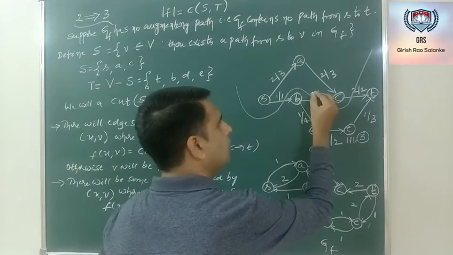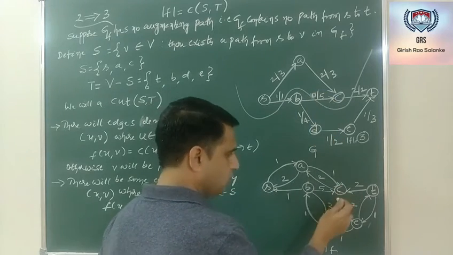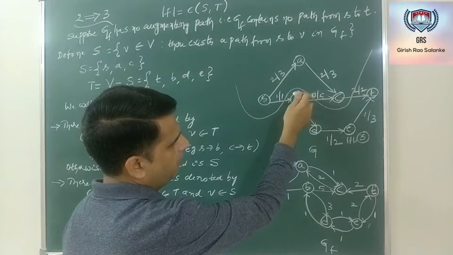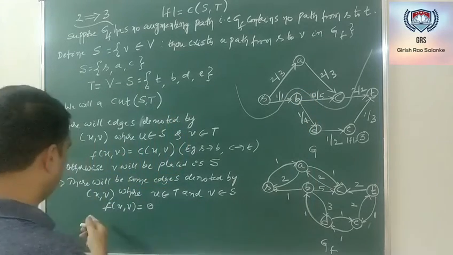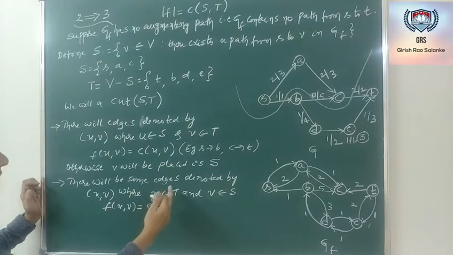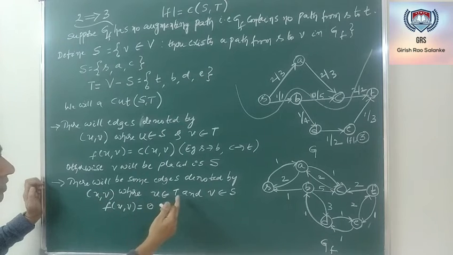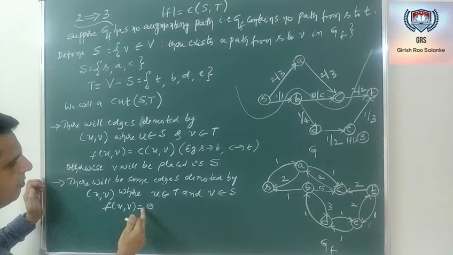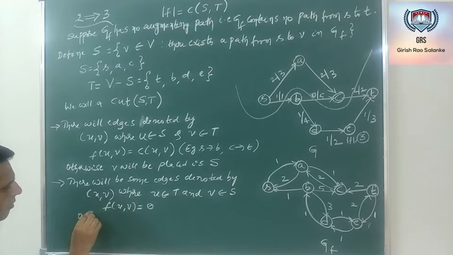Now as it is 0, there is no backward edge. Hence I have my B in T. So there will be some edges denoted by UV where U belongs to T and V belongs to S, such that f of U comma V will be 0. Otherwise,